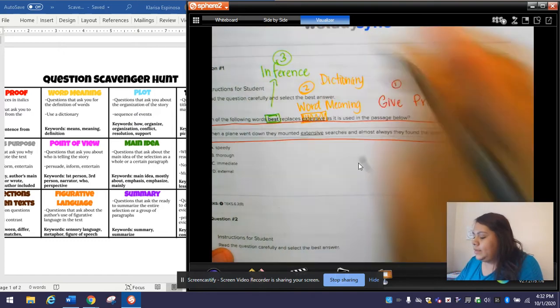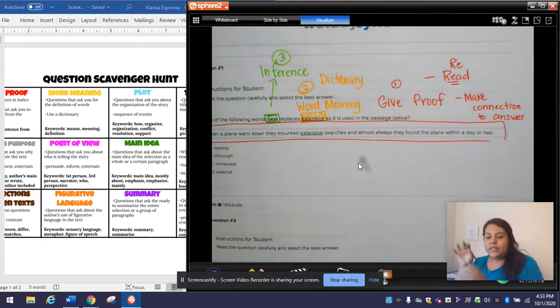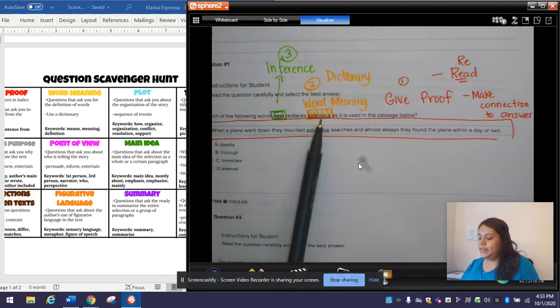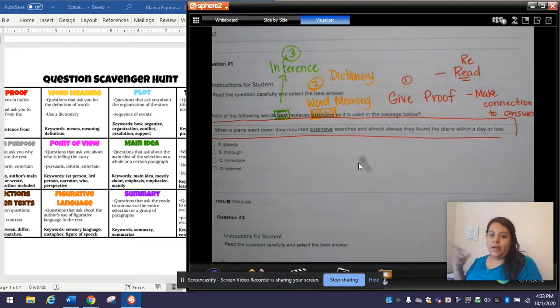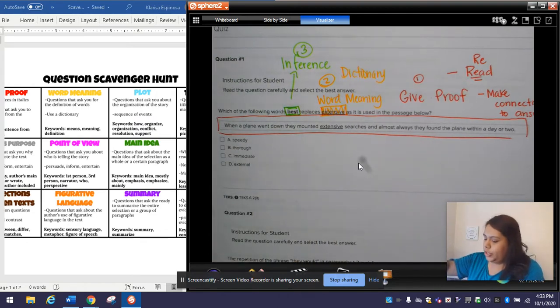So my brain says, read it, look it up in the dictionary, and then make connections. Think outside of the box. Which of the following words best replaces extensive as it is used in the passage below? So when we come back after we read the story, we will go back and answer it following these steps. Okay, my second question, number 2,